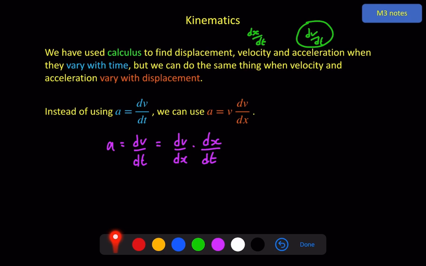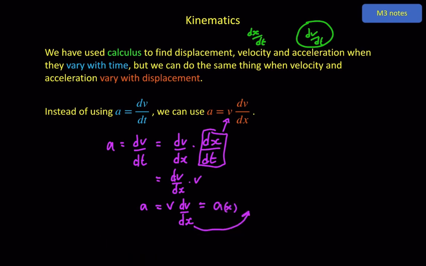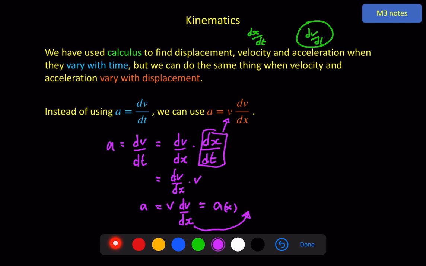So using the chain rule, we can show that this is true, and of course dx by dt here is your v. So this becomes dv by dx times v, or more commonly written v dv by dx. And if you know what a is as a function of x, then you can write your a here, whatever that is, as a function of x, separate the variables as usual, bringing the dx up here, and integrate both